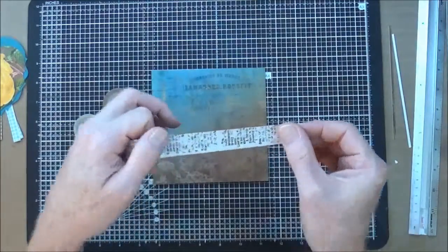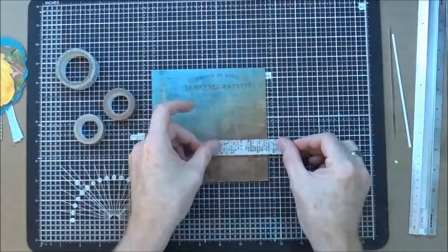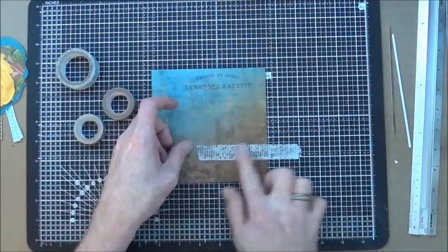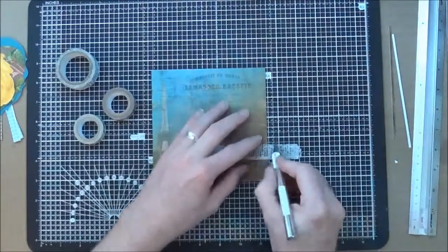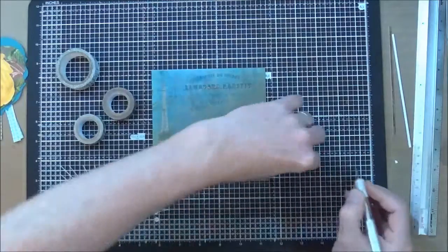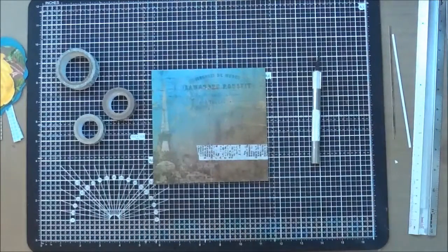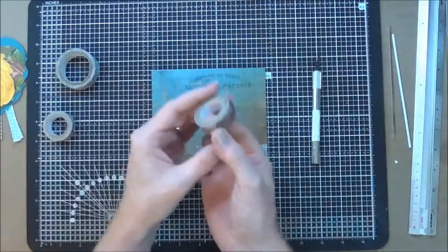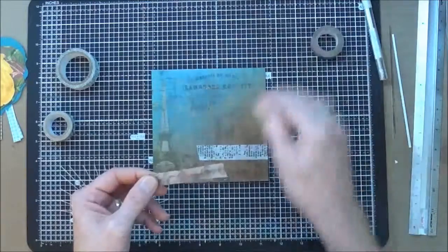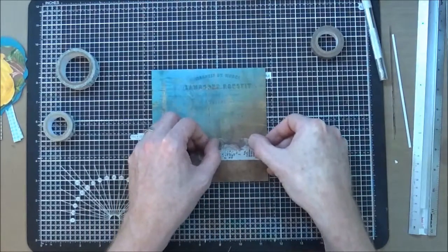And this is like an old newsprinty kind of washi tape. Now what I'm going to do is just randomly tear a strip and stick it down. And then just using my knife, I'm going to trim it, and then get rid of that other little piece there. Don't want that. And then take out a second piece. And this time, again, I'm going to tear a piece off, and I'm going to layer that over the top